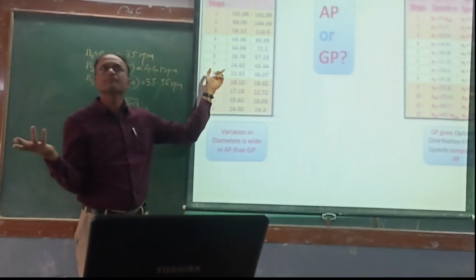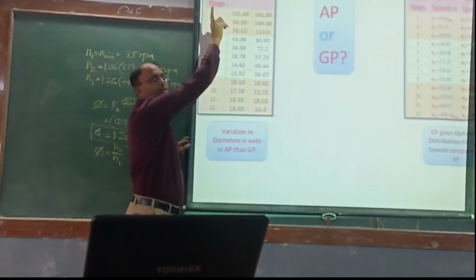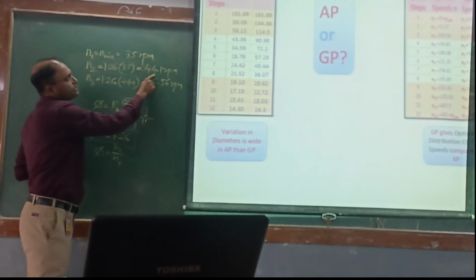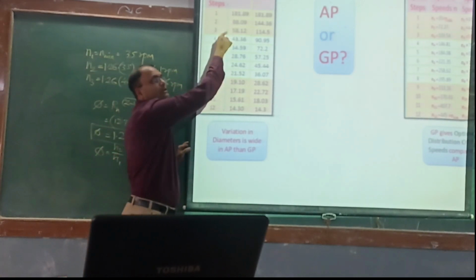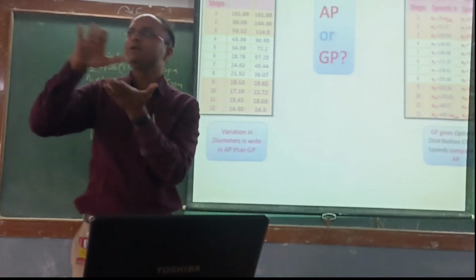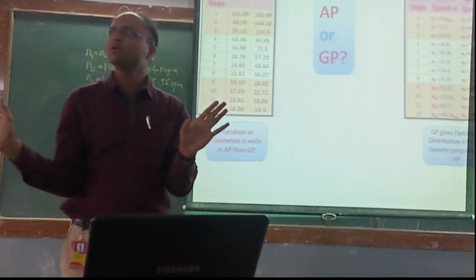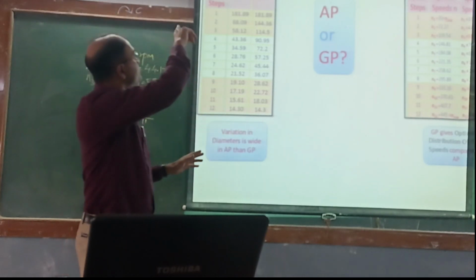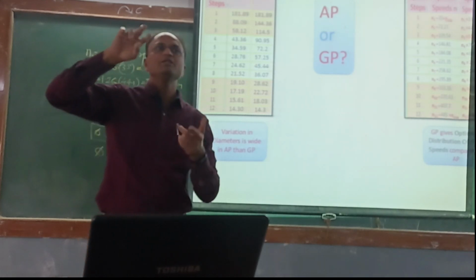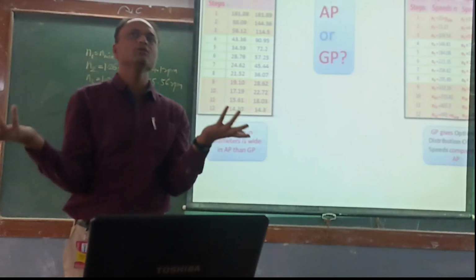So which is better then? Geometric is better. 181 is for minimum speed, that is 35 rpm. And at 44 rpm, you can directly go to 88. What about in between values? If you want to machine in between values, then speed is not available. Are you getting my point? From 181 to directly 88, if you want to machine any of 110, 120, 130 between these two values, there is